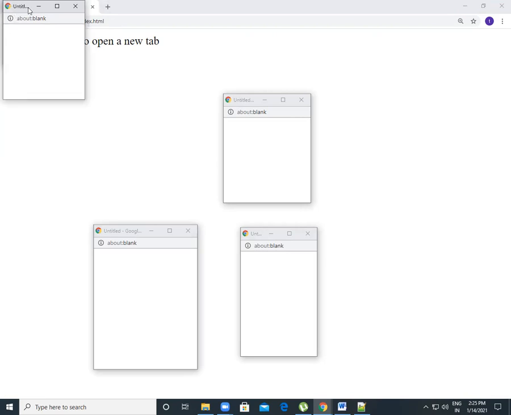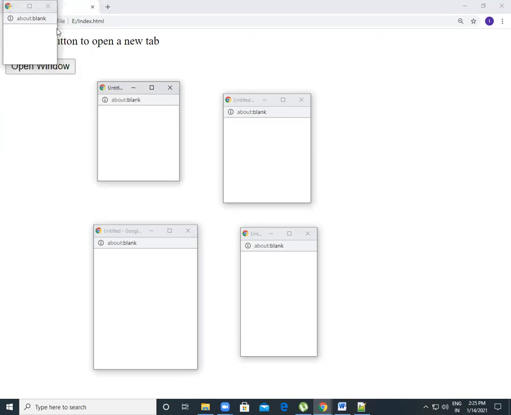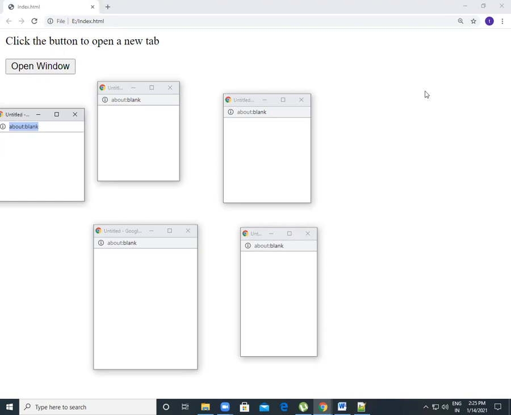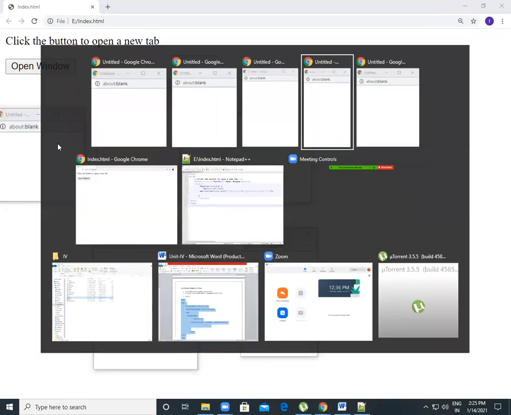I just resized them so you can see these 5 windows which we opened. Now look here: 1, 2, 3, 4, 5. We didn't write any comment or any other statement or button, so we didn't put anything in that window. It's a simple open window and it's a blank window. That's why there is nothing in that window. So in this way you can open those 5 windows.